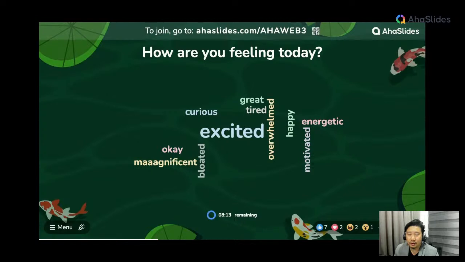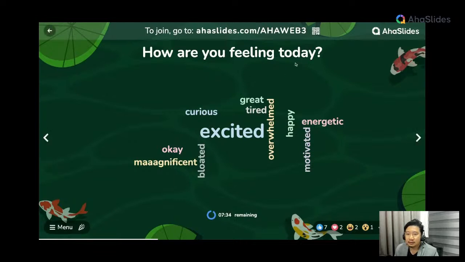If you don't have an account on AhaSlides, what you can do is quickly come in, choose the word cloud slide type, and you can type this, right? And this is very powerful because you could do it in an in-person session, remotely or on site, or you could also do this asynchronously. Meaning you create this slide and then you let the audience lead the presentation, so the audience can toggle as they wish, and you give this slide to your team, which is the link, right? And you can say, hey team, I just want to know how you feel today.